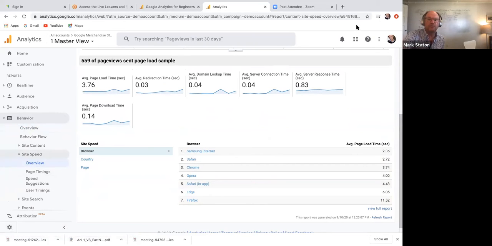So if you're a digital marketer who is not using Google Analytics, you're not really able to do the full digital marketing efforts, because you're not really seeing what's working and what's not working. And as you can see, Google Analytics gives a lot of really good data. And the other thing that's pretty amazing is it's free.